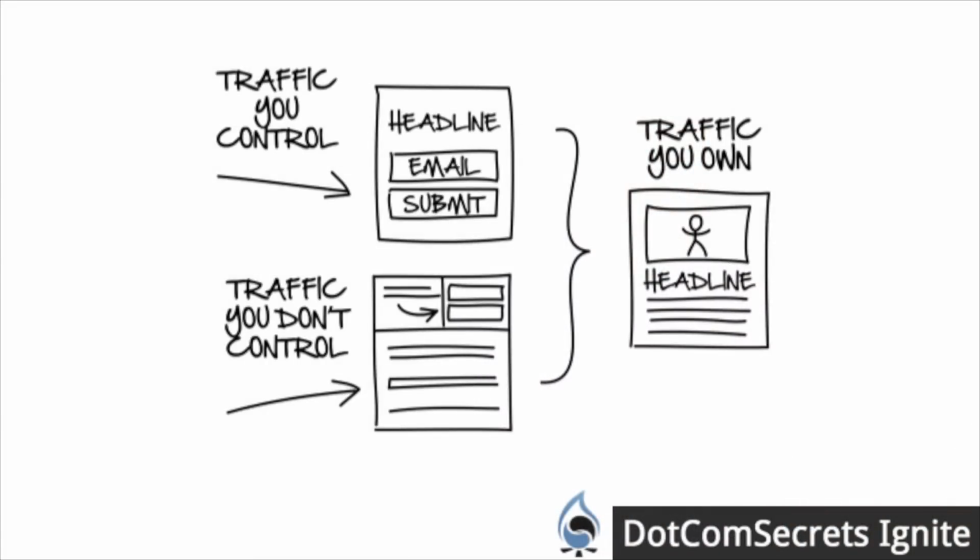This is the core funnel. We talked about a lot of pieces yesterday. We have 3 types of traffic: traffic you control, traffic you don't control, and traffic that you own. Traffic you control you're putting through a squeeze page. Traffic you don't control goes through some kind of blog. There's the email sequence happening here, and then you have your offer, your value ladder, your continuity. This piece right here, your squeeze page, your offer, your value, your continuity, this picture is very generic, but that's your funnel right here.